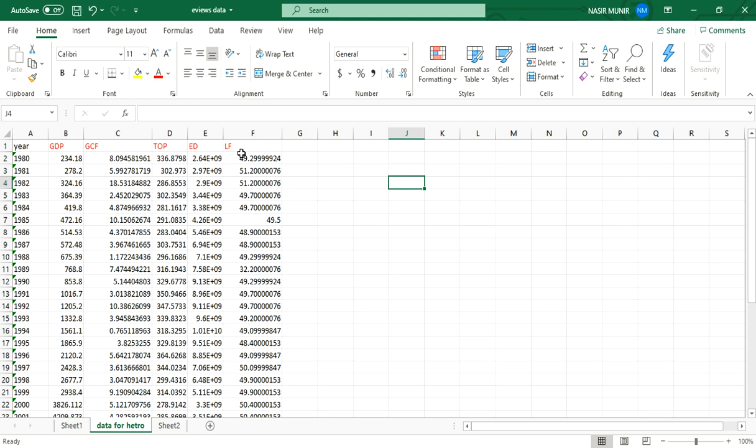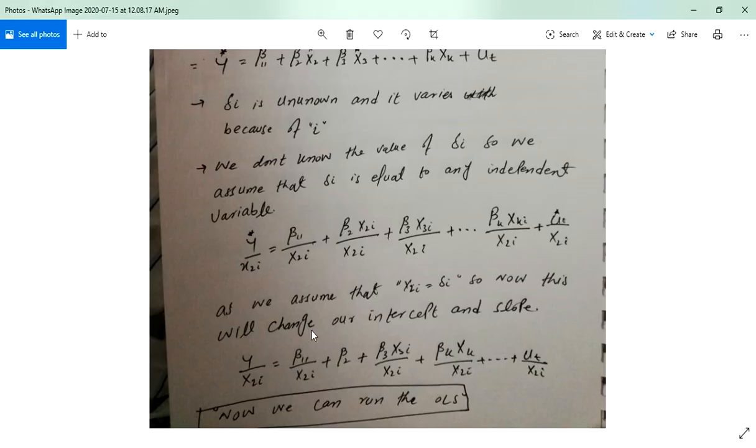Let's suppose we divide all these variables by LF. This will change the whole thing. So this is another method of removing heteroscedasticity from our data.